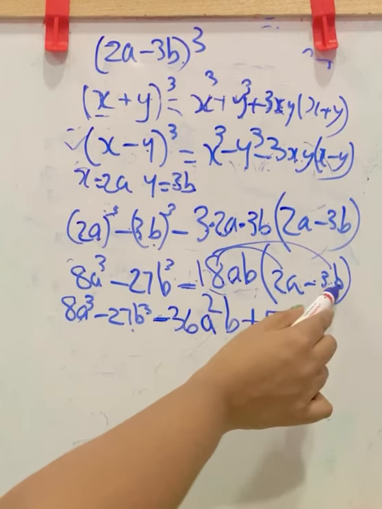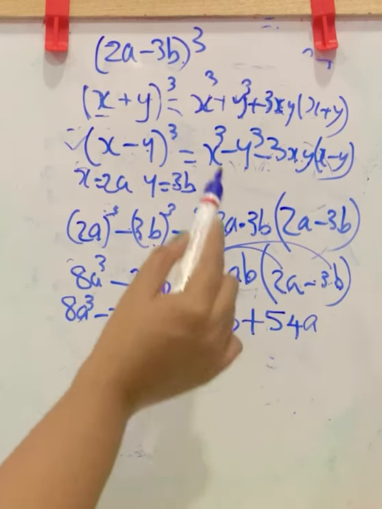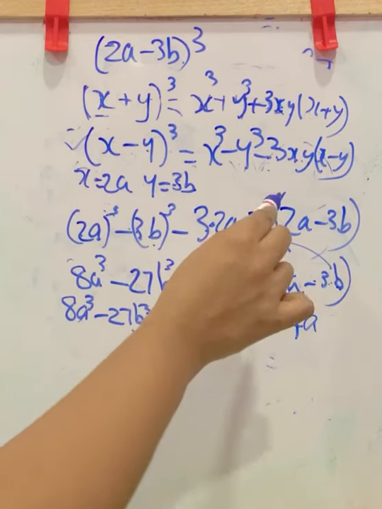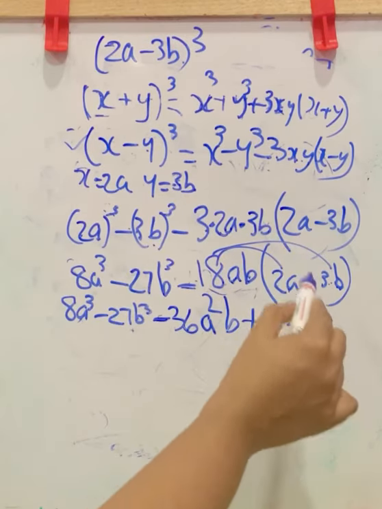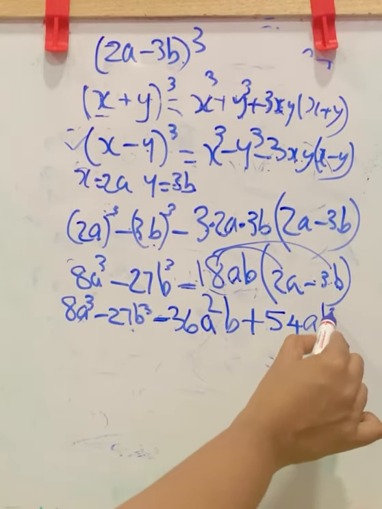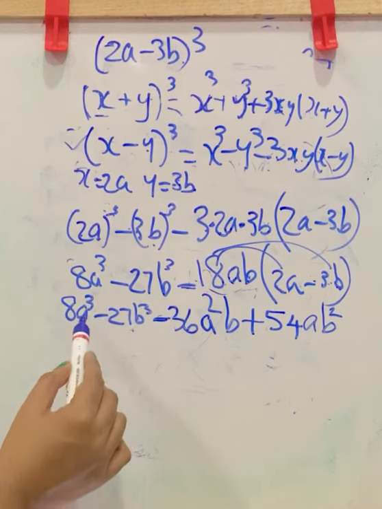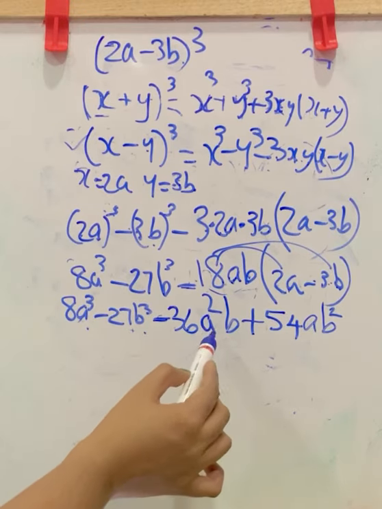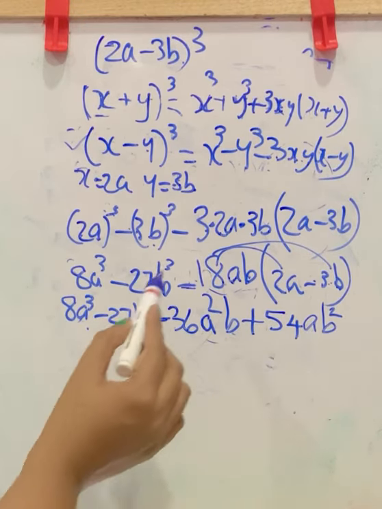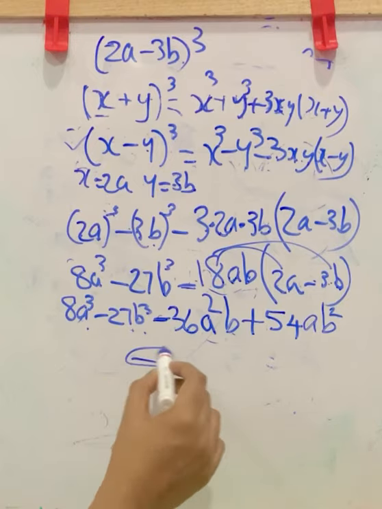Here b, here also b, that is b into b. b raised to 1 into b raised to 1 is b raised to 1 plus 1. So you want to write b square. Now check, is there any common variable parts to do the operations? Here this is a cube, this is b cube, this is a square b and this is a b square. So this is the final result.